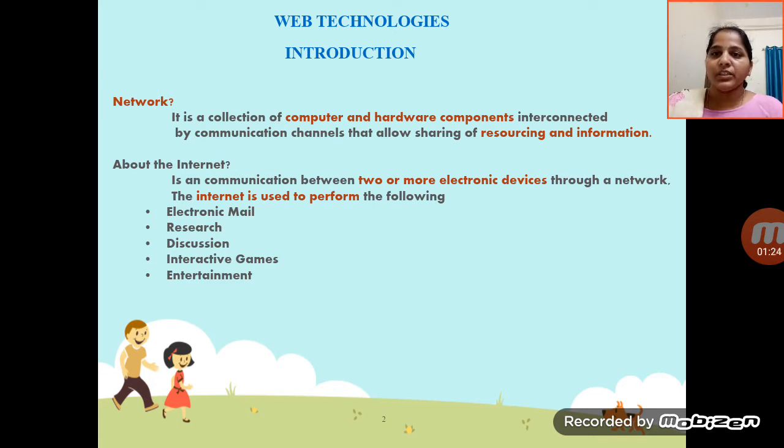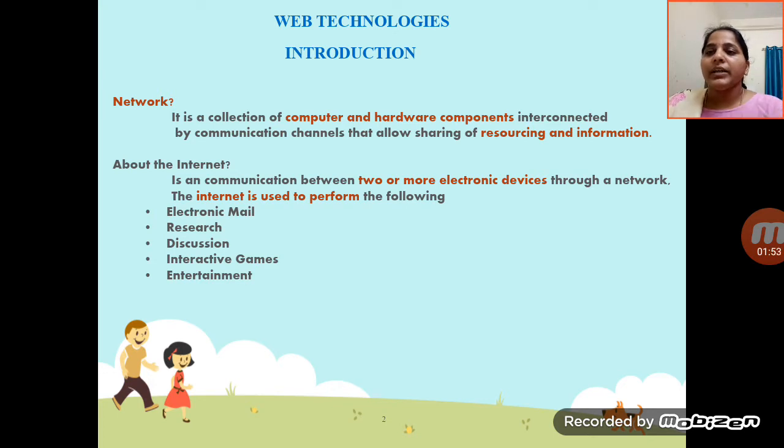Whenever we want to take resources or information, we use the network. This is what a network is.